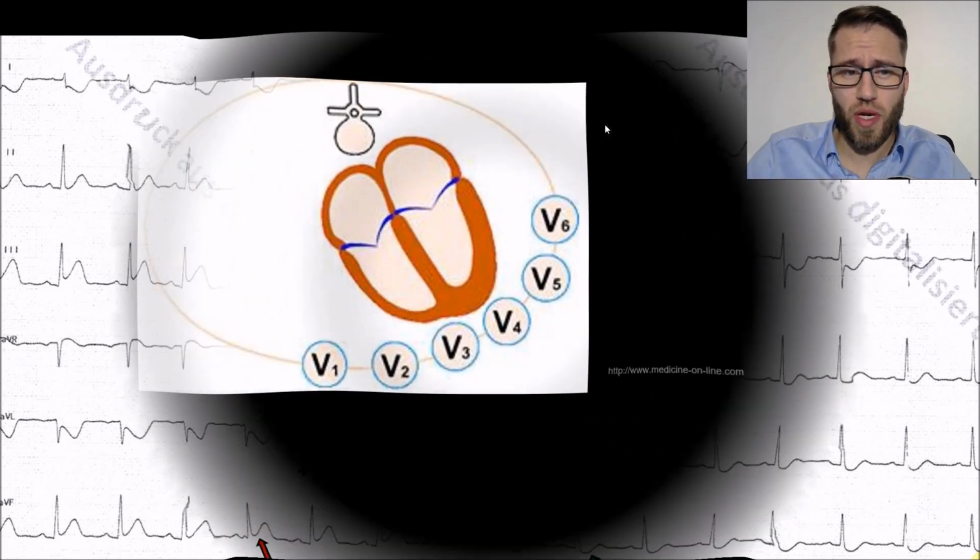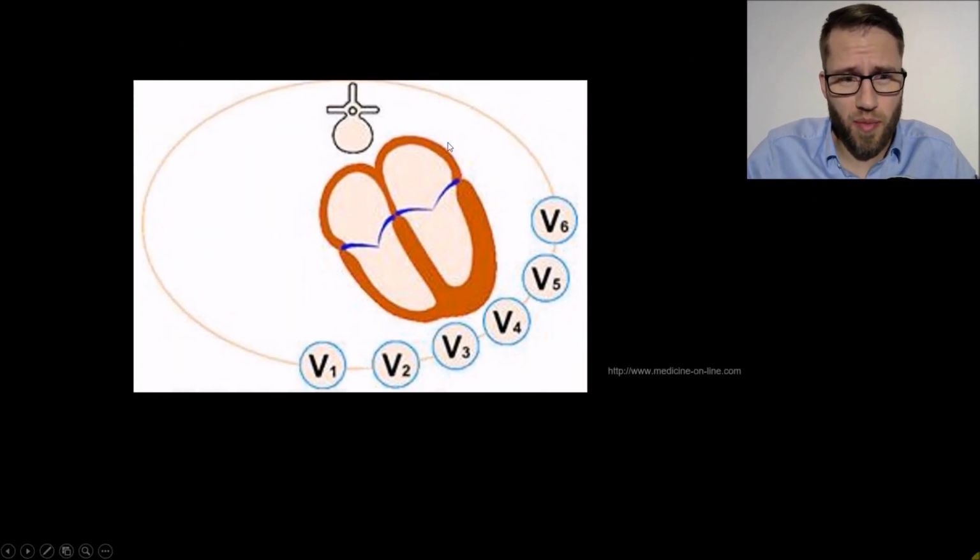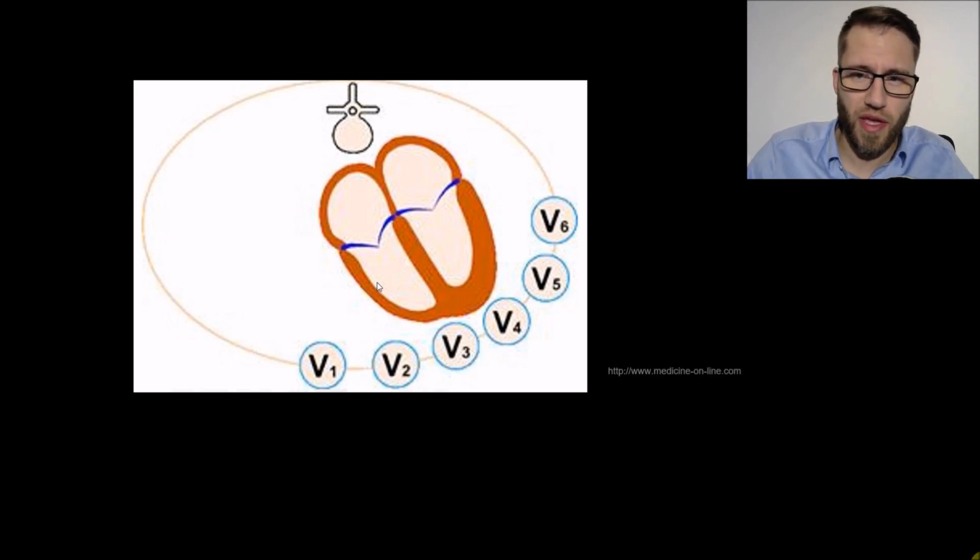If we refresh our memory and think about what V1 is encoding for, then we see the vector towards V1 is a vector that is encoding for the right ventricle and the basal part of the septum. And that is very important information, because a myocardial infarction that involves the inferior parts of the LV but also the right ventricle is very different to manage from